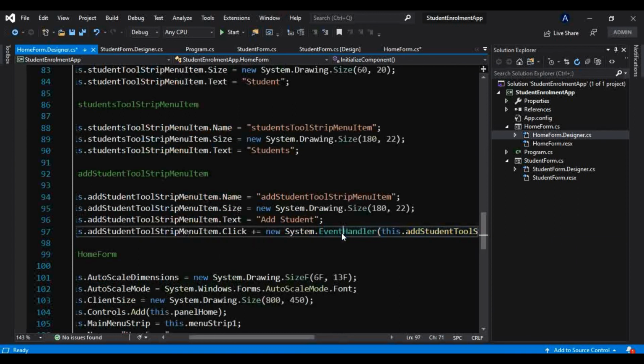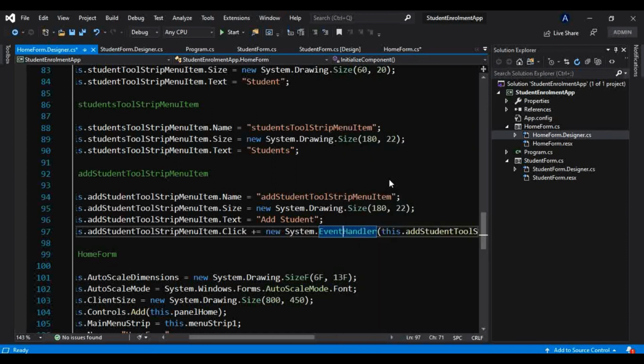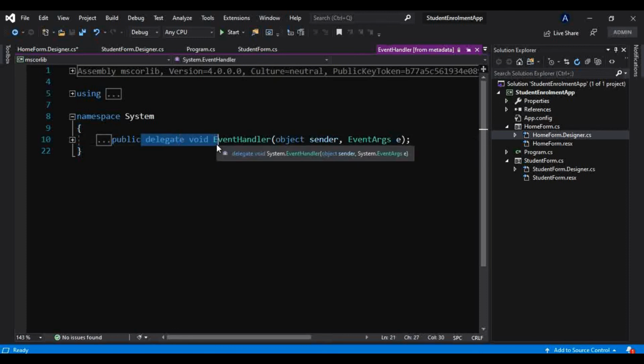If I right click on this EventHandler and go to its definition, you will find it is nothing but a delegate. The return type is void, and it expects two parameters: object sender and event arguments.